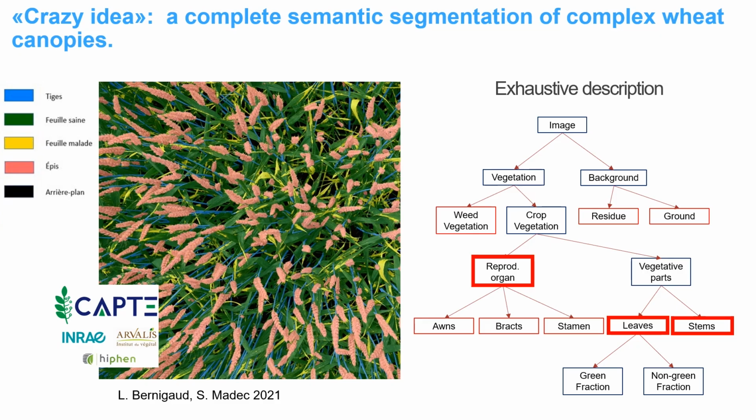The basic idea was put down by colleagues in the CAPTE unit, where I am at the moment doing a sabbatical, who said they would like to describe the whole canopy exhaustively. And what we did in this semantic segmentation, which I was guiding in recent years, was getting the spikes, the leaves, and the stems out of these